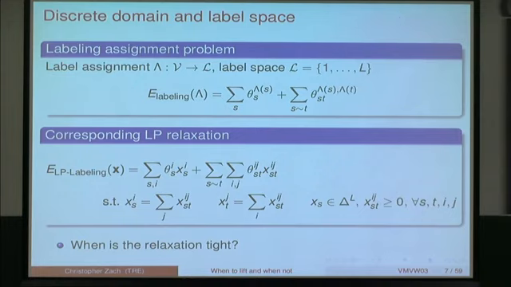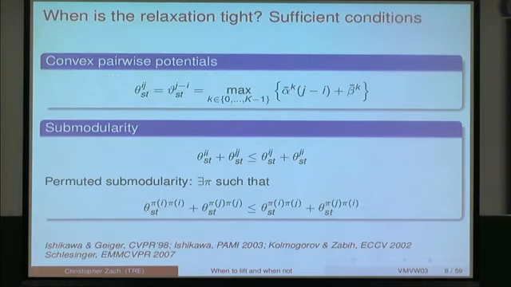In practice, because of the very special structure, you don't use generic solvers, but you use very fast approximate solvers that give you a very good solution in a very short amount of time. But still the question is when is this relaxation tight, because it also tells you what kind of difficult problems this LP relaxation is not going to solve well, and what kind of problems the relaxation is going to address very well.